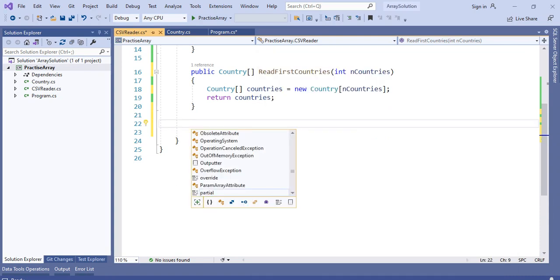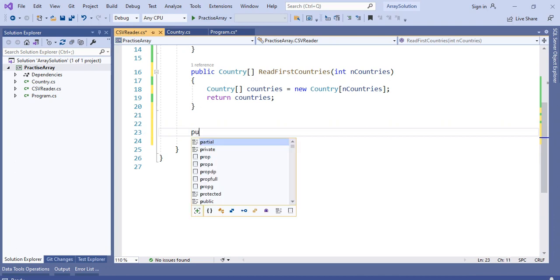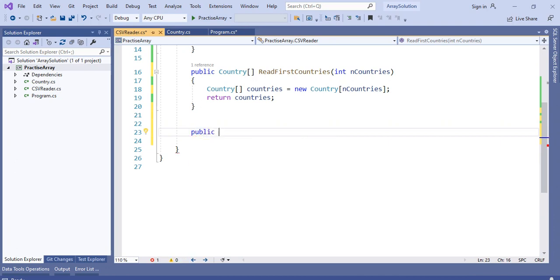I create a public method, and I want to return the data type country, because it is the country's values, and the method name is read country